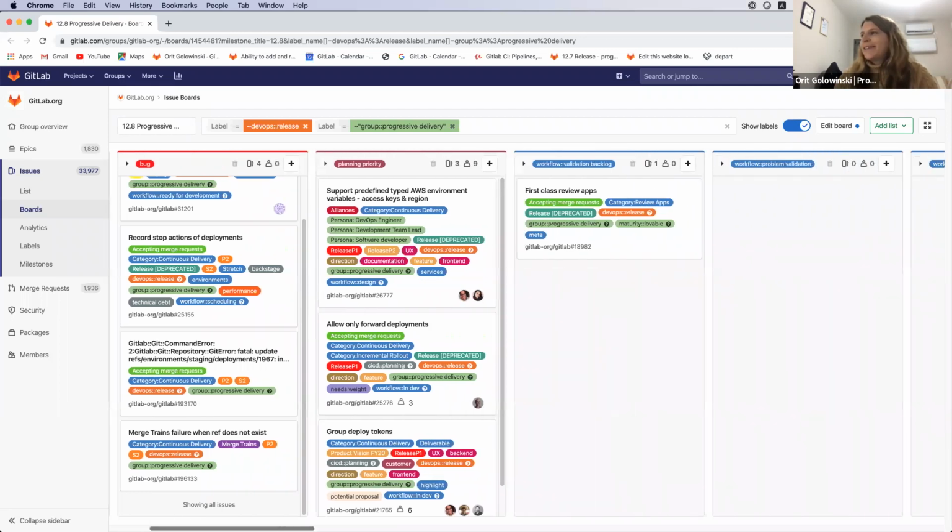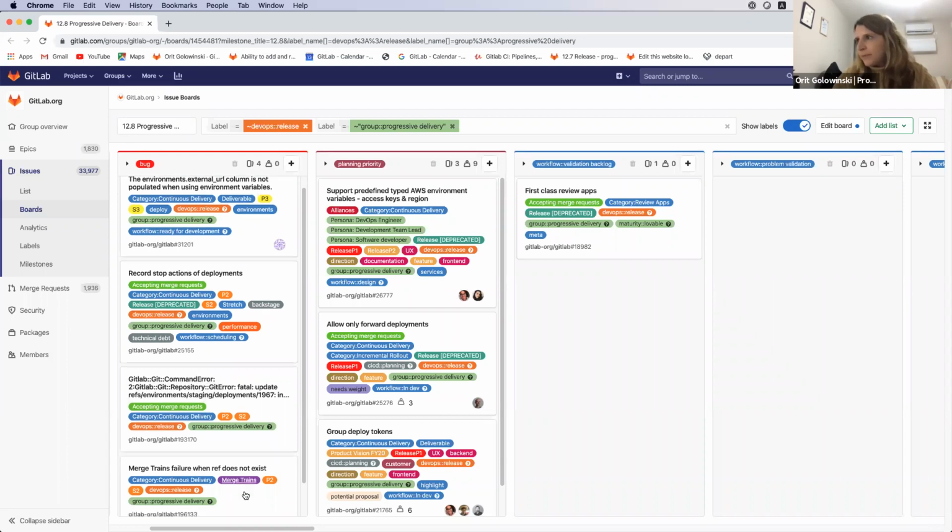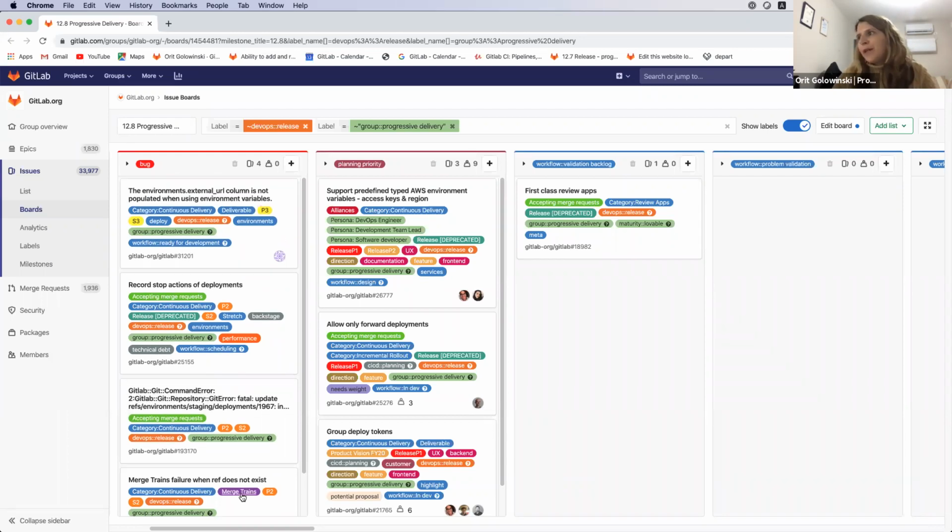Weighted 3 to 6, so we'll keep that in mind. We have quite a few bugs in this release. We have 4. I'm not sure about the spillover from 12.7 yet, but maybe we'll have some more. Well, the highest priority in terms of the bugs, besides the severity and priority labels, are merge trains. I don't know if you were following, but we disabled merge trains again due to these 2 bugs. So we need to fix them and re-enable them again.